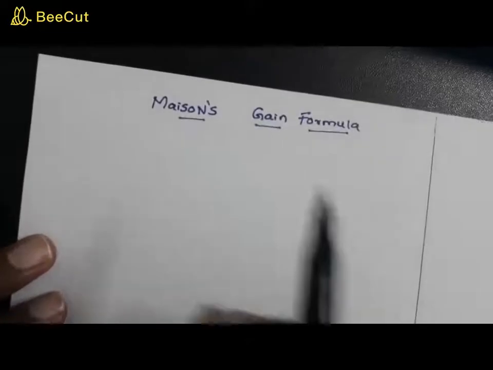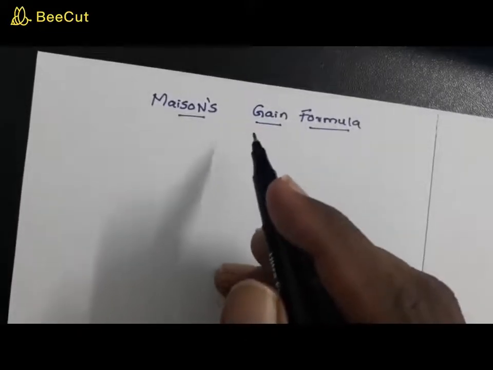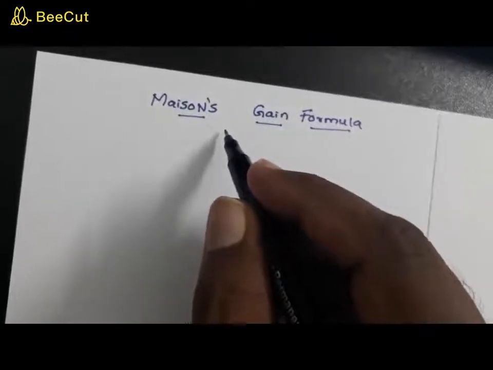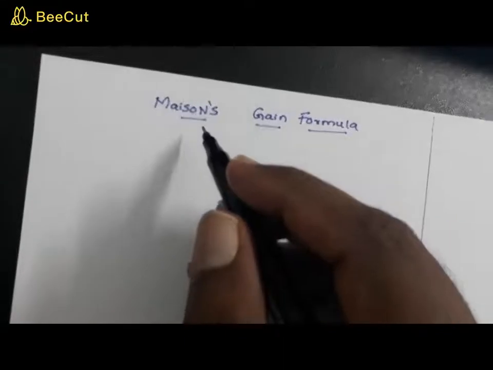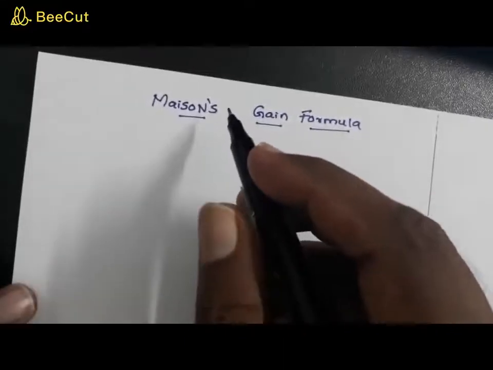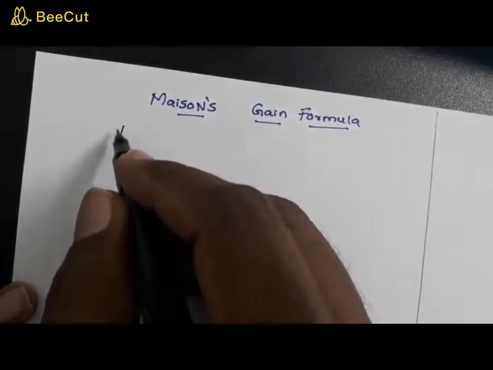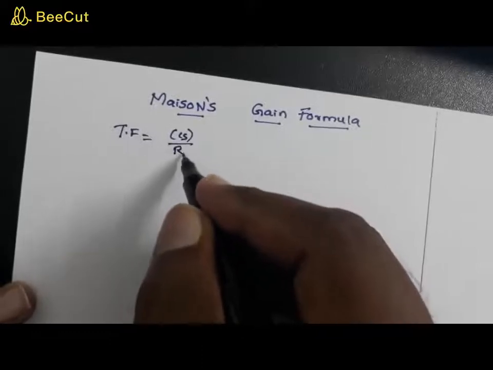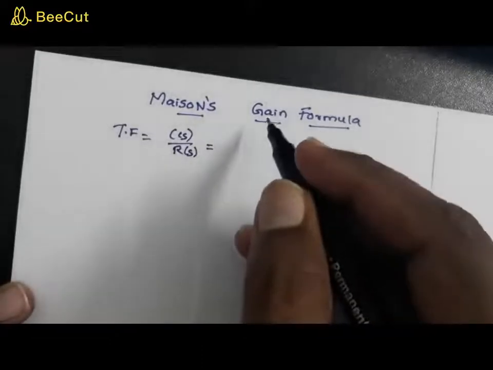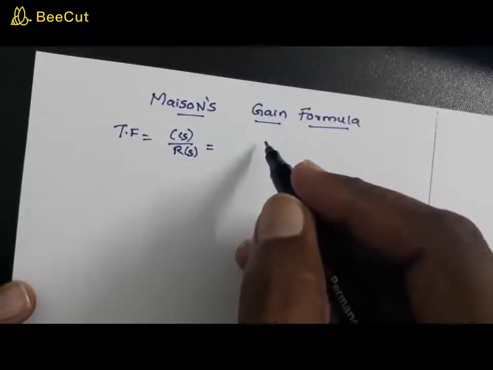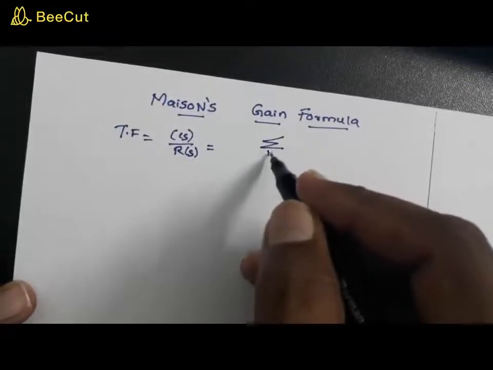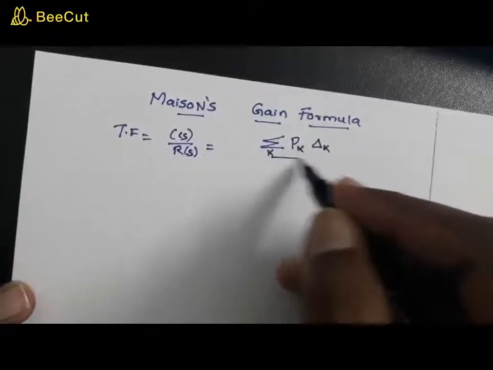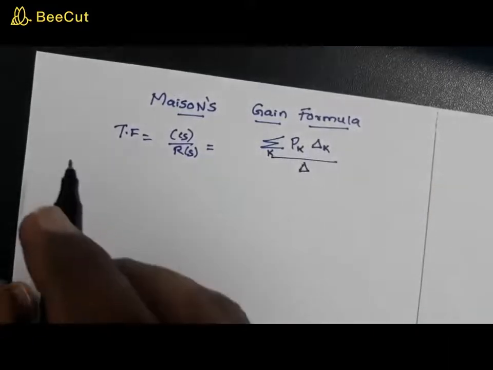Now let's move on to Mason's gain formula. This is actually an easy way of obtaining the transfer function from a given signal flow graph, and it is denoted by C(s)/R(s) equal to sigma k Pk into delta k divided by delta. Now,